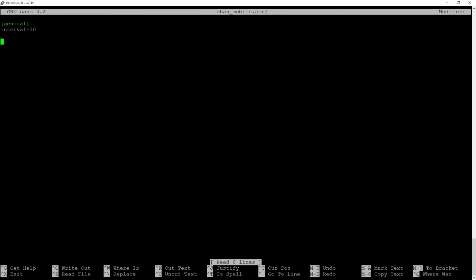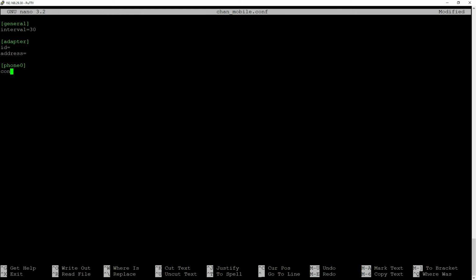Then we will define our adapter, and for that we will need ID and address, and this is going to be a MAC address of the adapter. And since we are going to use phone for outgoing connections, we will define, let's say, phone 0. You can have more of those. And we'll define 4 variables.